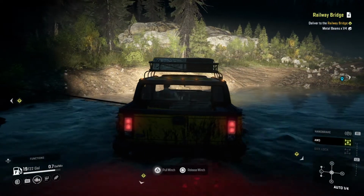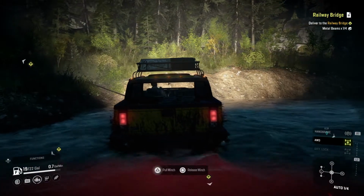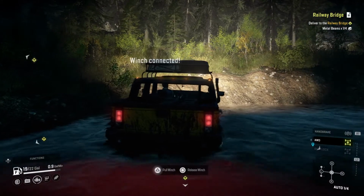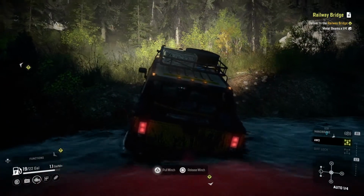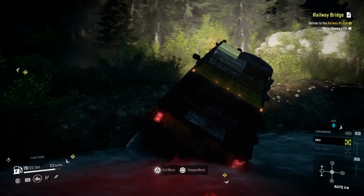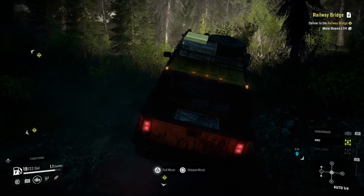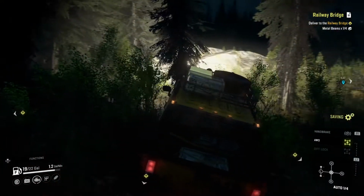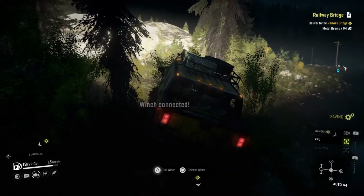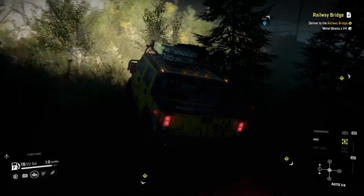See, look, if we still had the ANK, we might have been able to make it through there. I think I remember when I brought the Apache through here to try and save the Pacific P512, this one was a pain in the rear. By the way, even without all-wheel drive, the Pacific P512 is a very good truck. So it actually is quite capable, especially if you put the